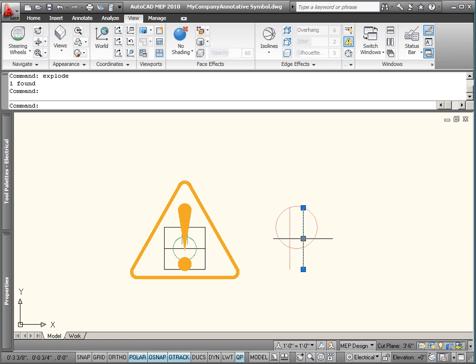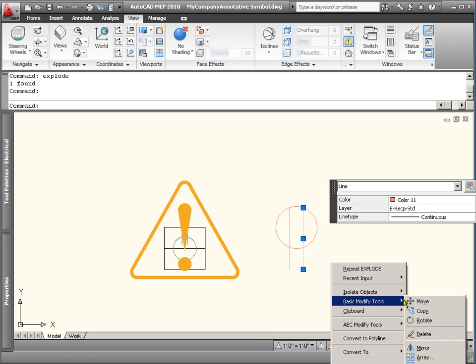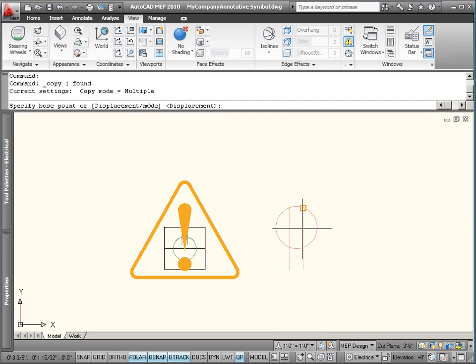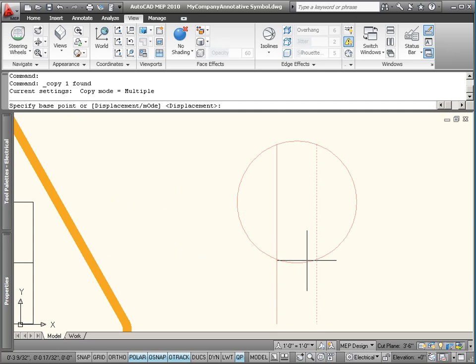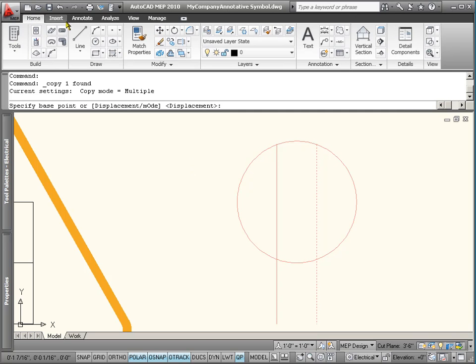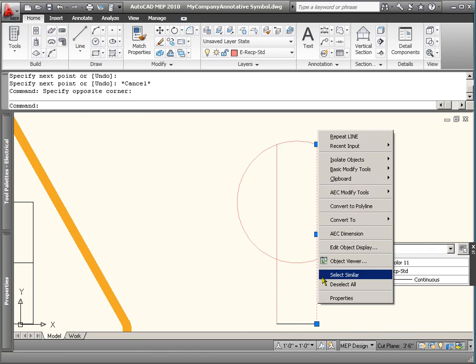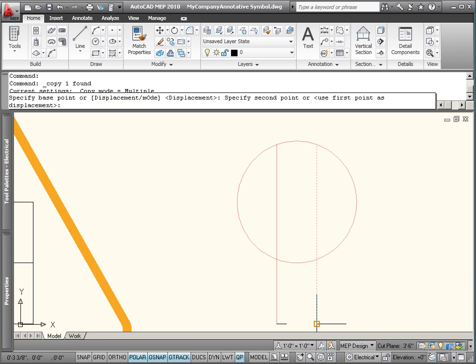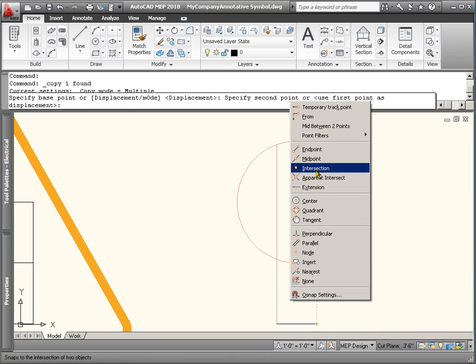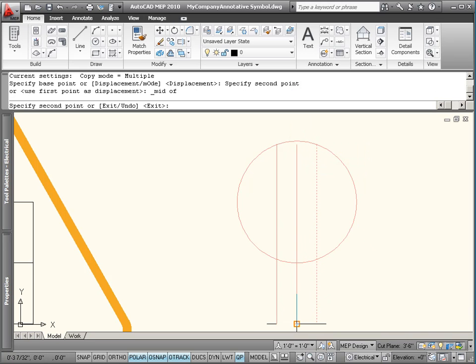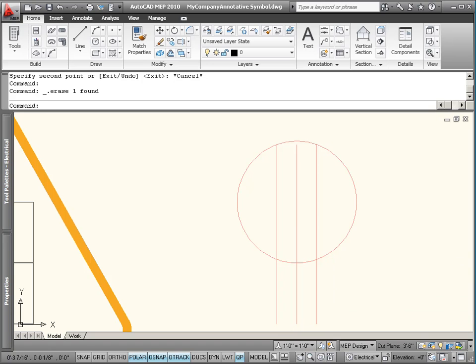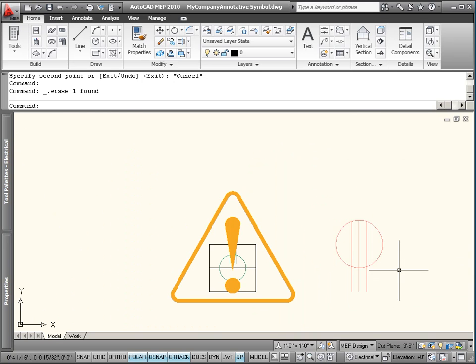So let's say that we want a third line on here. So we're just going to modify this, make it look however we want. How are we going to do this? Alright, I know how I'm going to do this. So we're going to go to the Home tab. We're going to draw a line between these two. Take that, say copy from here to the midpoint. There. So there's our third line. So we just wanted to modify this real quickly and then convert it back into